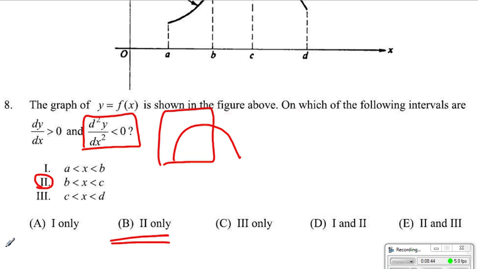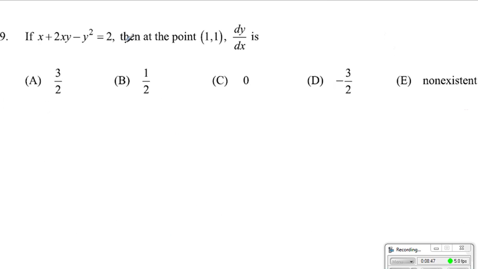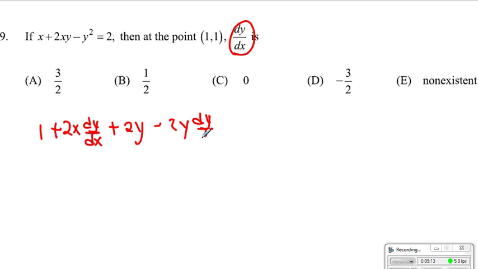Alright, next. Here, this is what we have, and then dy over dx. Let's try to find the derivative of this one. Here it becomes 1, plus, using the product rule, we have 2 times x dy over dx plus 2 times y, and dx over dx becomes 1, minus 2y, and then dy over dx equals 0. Now, when you plug in 1 for each x and y value, what we end up getting is 1 plus 2 dy over dx